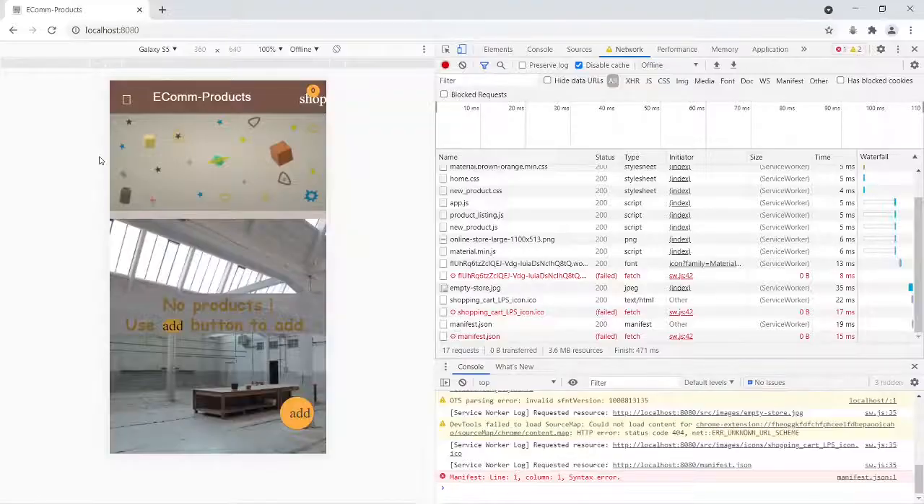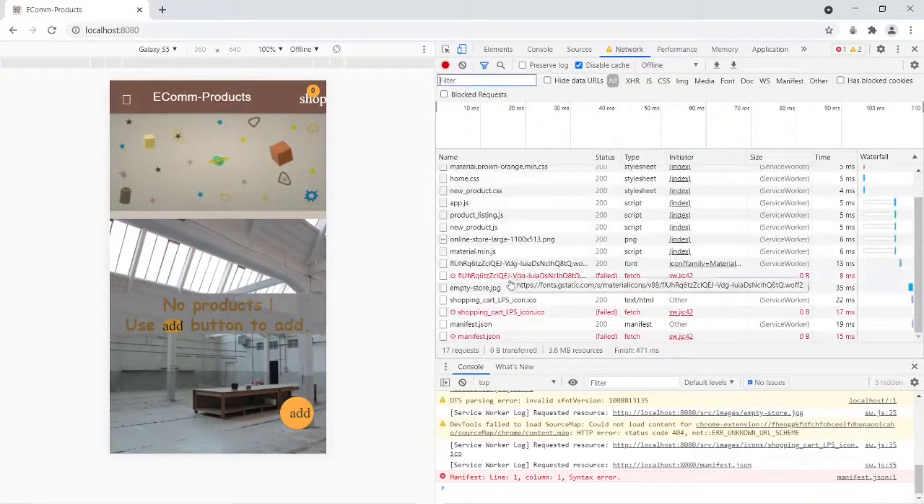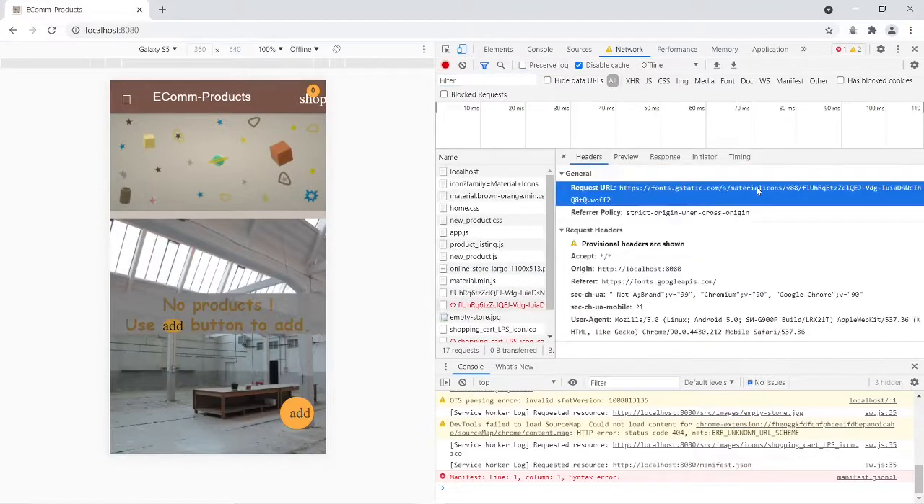So we're on the Chrome browser. We're offline right now. Go to the application tab, service workers section. We are offline, so we are missing some icons here. That is because of the missing styling through CSS. If you go to the network tab, here we see that there is one resource that couldn't be fetched since we're offline. So if you just click on it, it is actually a